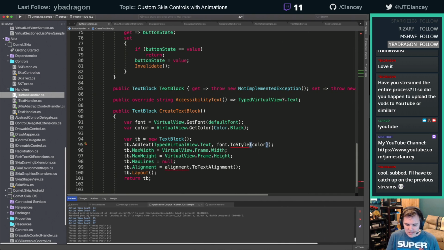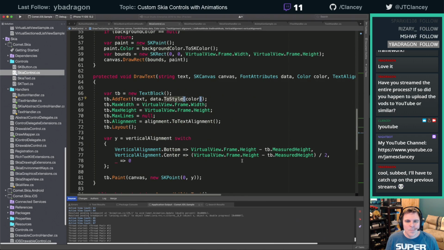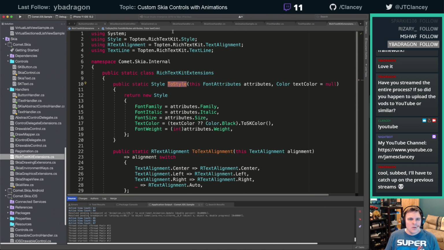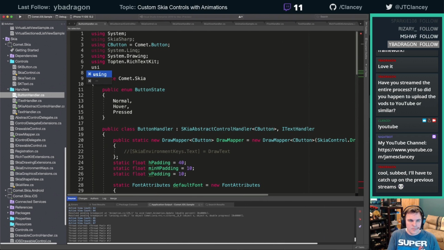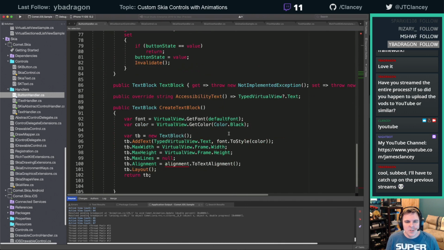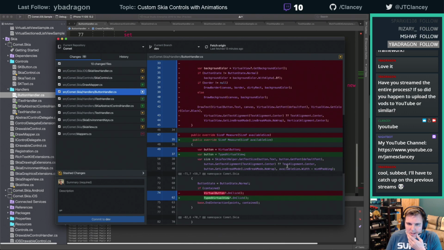Oh, do style, does that take in? That makes no sense. Oh, it's inside the namespace internal, and I don't know why. All right, so now we have that. The only thing missing is the alignment. And alignment we get from